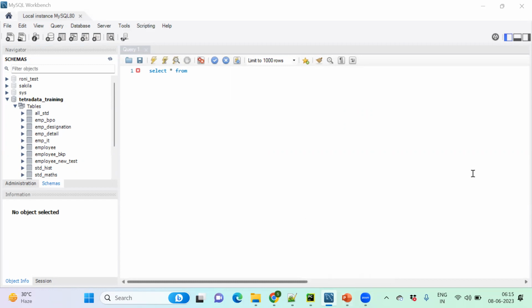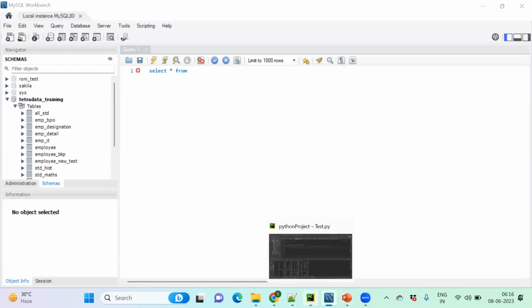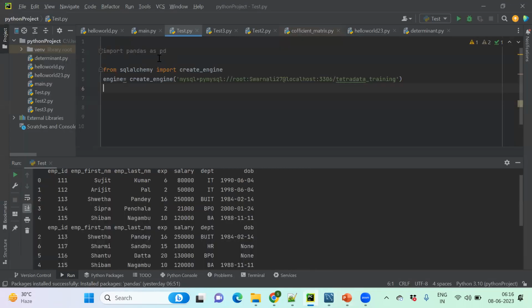So yesterday we left off at how to create the data frame. If you see yesterday's class, we created the data frame on top of a list, on top of a particular dictionary, and on top of CSV. There are lots of options available. I also showed the same thing. Just put pd or pandas